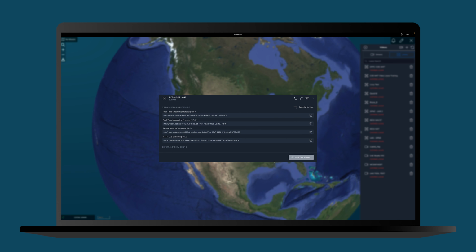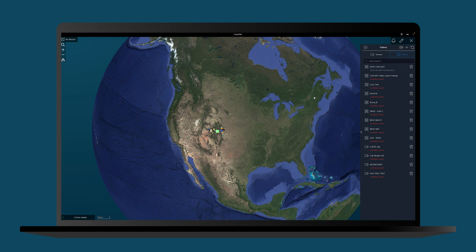This is the only step you, the user, will have to complete in order for you to use the video lease in the future. This can be done ahead of time, on your laptop, or on the GCS browser, although you will need connectivity. This concludes our ATAK tutorial on the UAS tool, powered by the Colorado Department of Public